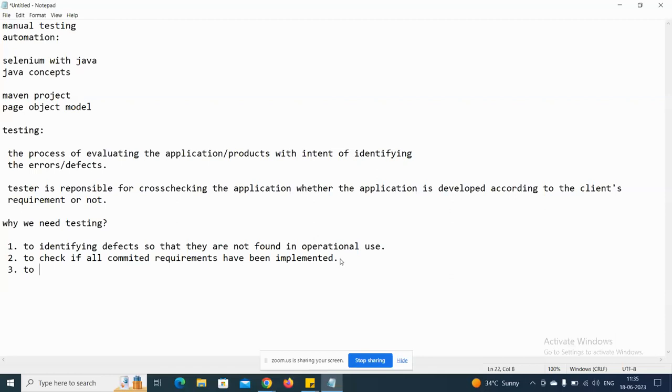So by doing testing, we are improving the confidence in the application, so that the client will think, okay, they have tested the application, so it will work perfectly because testing has been done. So testing improves confidence or reduces the risk